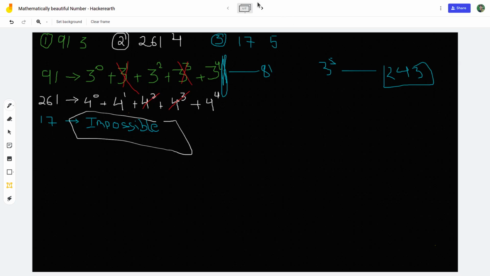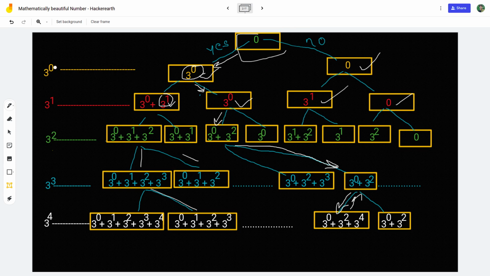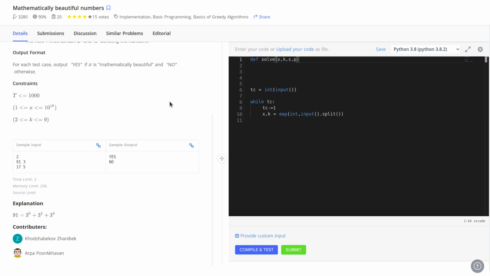What is our current power? Only then can we add, right? So 3 to the power 0 plus 3 to the power 1, this is basically 1. How can we know that we have to add 3 to the power 1? For that we have to maintain power also. So let's solve this.